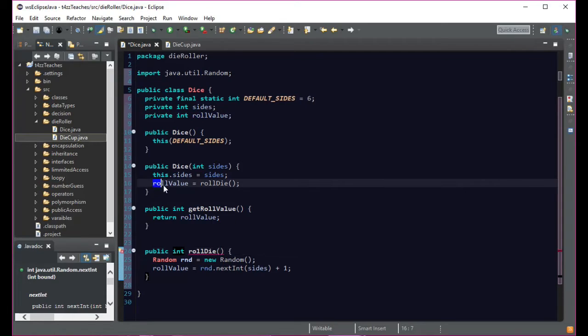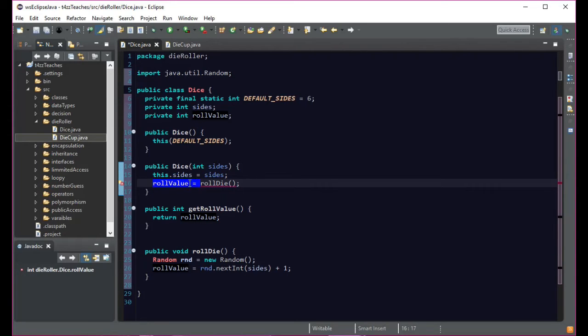Oh, yeah, I'm silly. It's because this is expecting, because we're saying roll value equals what's in here. So actually this is void, because it has access to these variables without passing anything, but we do not need this roll value here. That's what it is. So now what this is going to do is when we generate a dice, it's going to say, okay, this is how many sides it is. It's going to roll that dice, and it's going to assign into roll value the number between 1 and the number of sides. All right, so that's actually, believe it or not, all we need for our die, I believe,